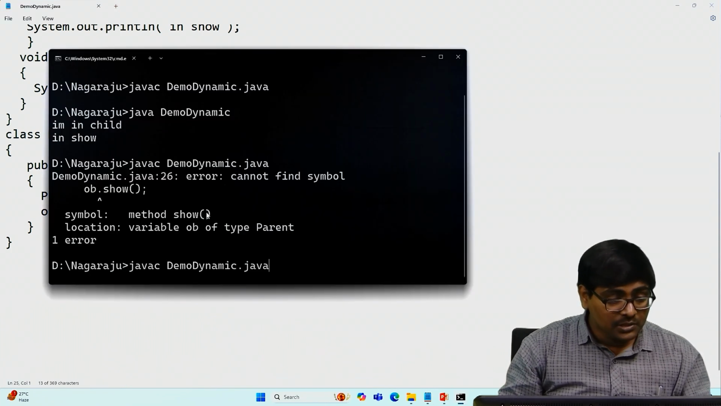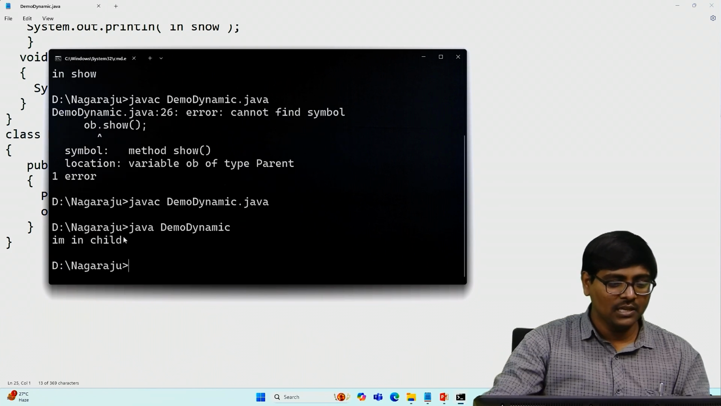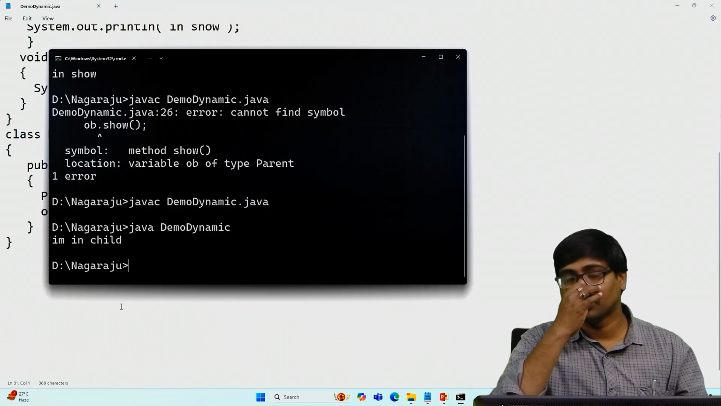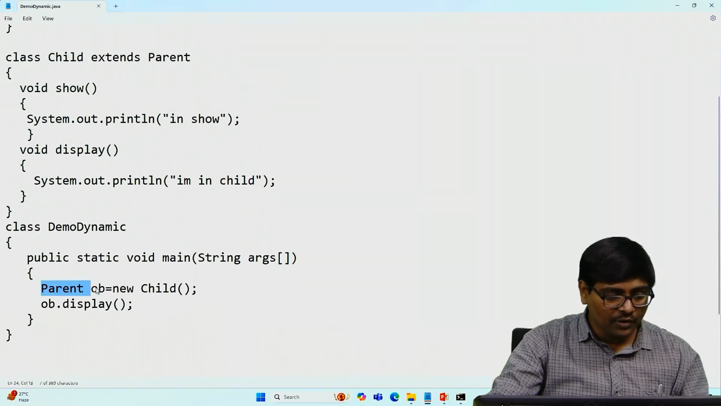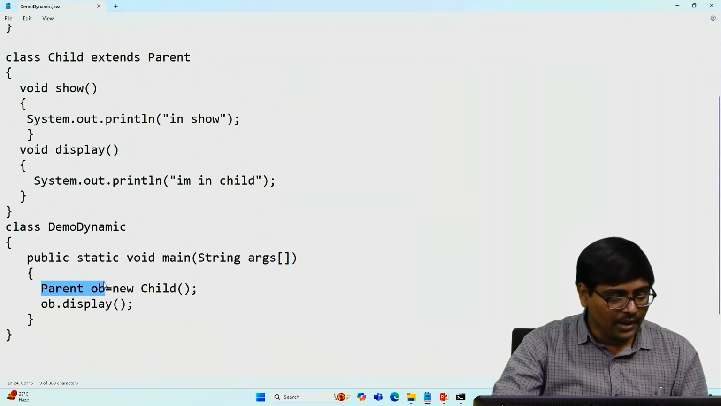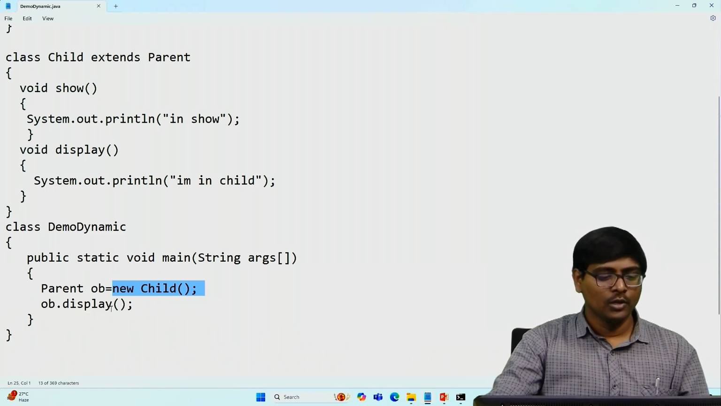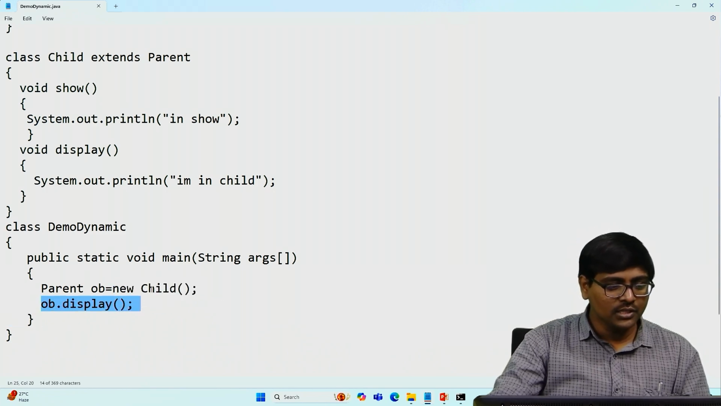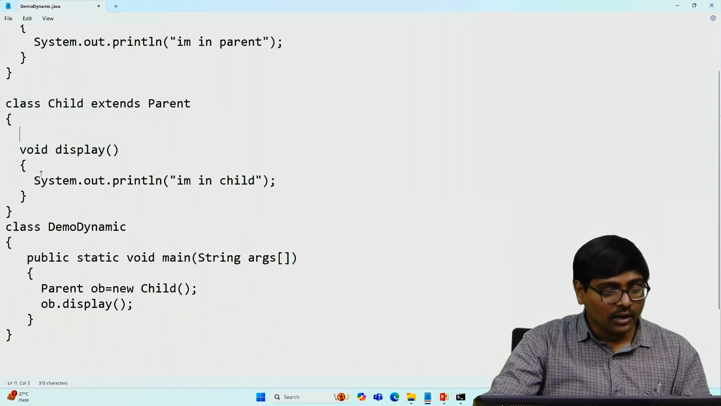Now observe. "I am in child", the child is executed. Now clear? What is the reference type? The reference is the parent. What is the object? The object is child. So by using this one, which one is executed? This is executed. Now suppose,